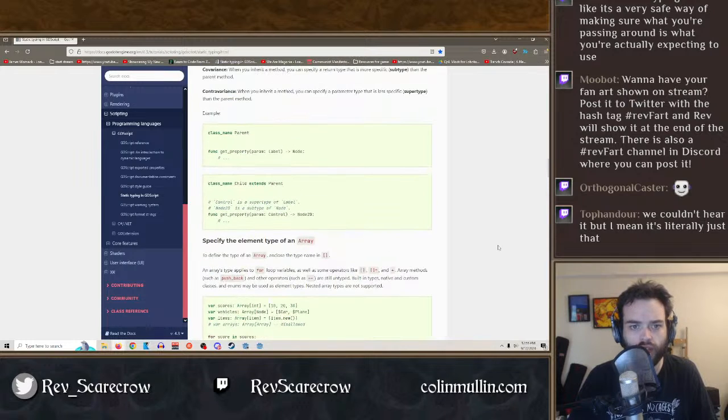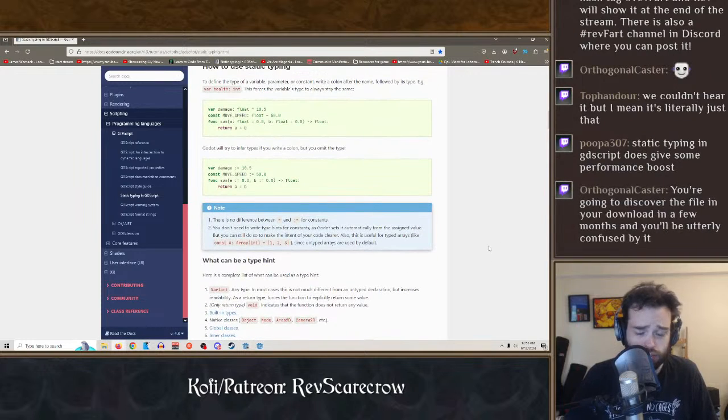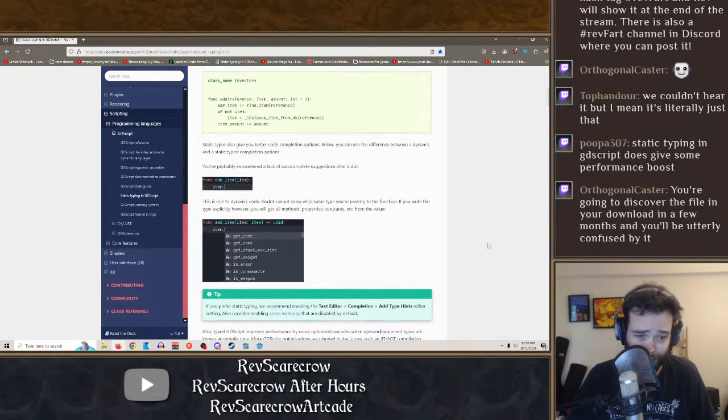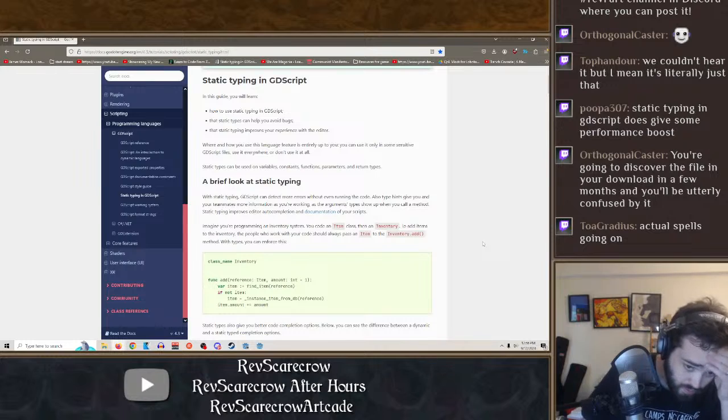Score. Vehicles, items, parents. Static typing in GDScript does give some performance improvement. Mate, yeah, but